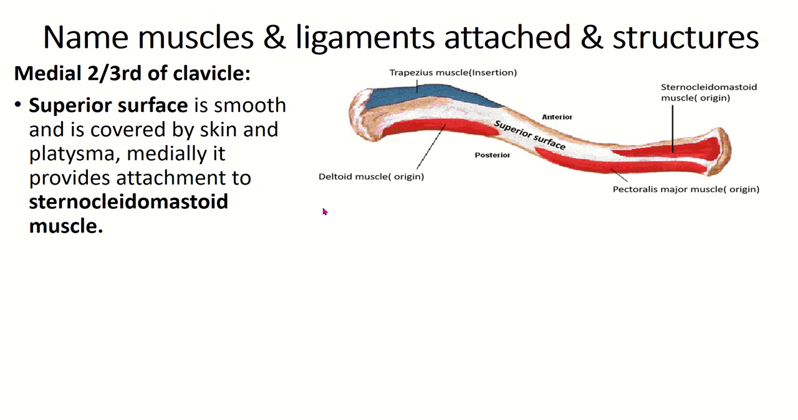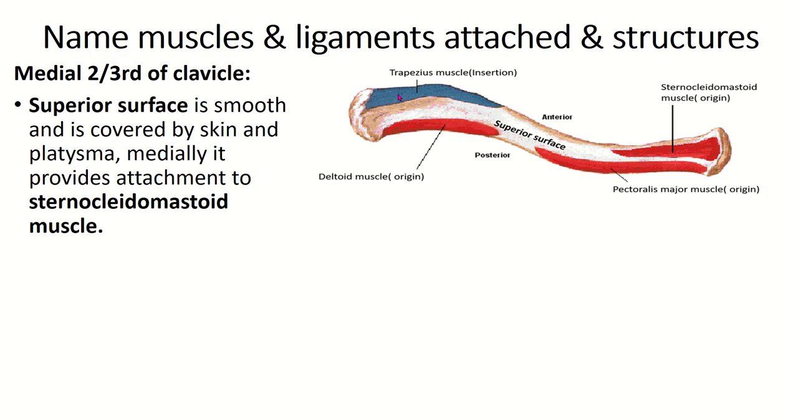These are the peculiarities. Now the attachments. This is the superior surface, and this is the medial 2/3. On the anterior surface is the origin of the pectoralis major muscle, which is innervated by the medial and lateral pectoral nerves. Both nerves arise from the brachial plexus. The sternocleidomastoid